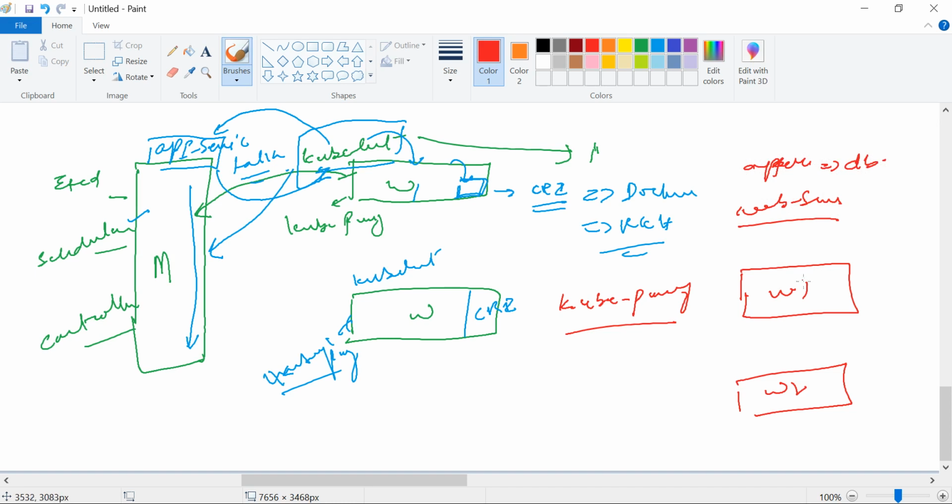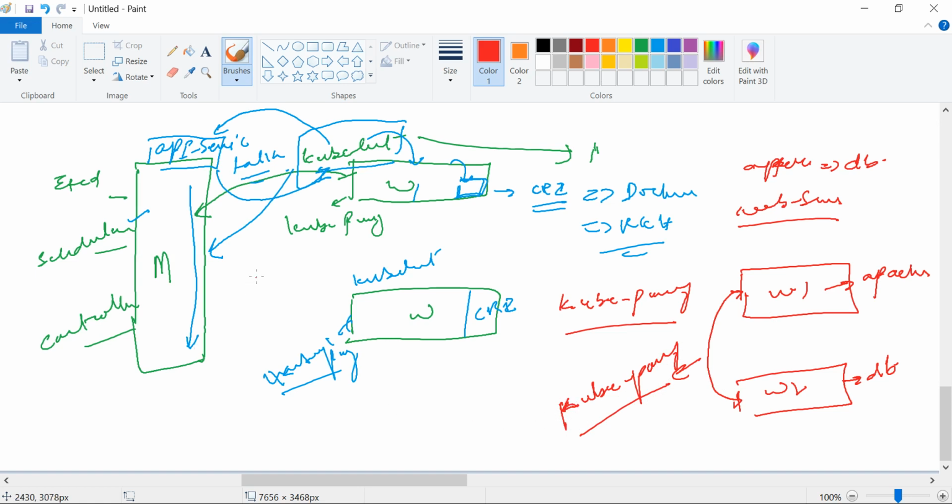So you have Apache on this web server, but your DB is on the other node. How will the communication take place between the two nodes? It's done by the kube proxy, so communication between the nodes happens with the help of the kube proxy.